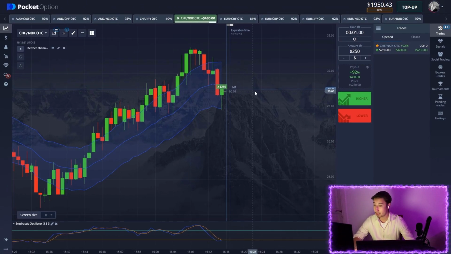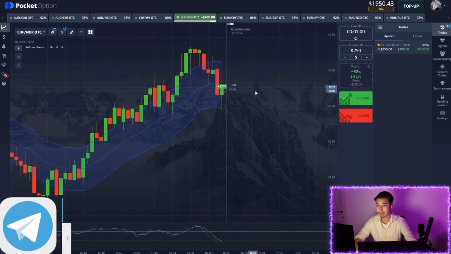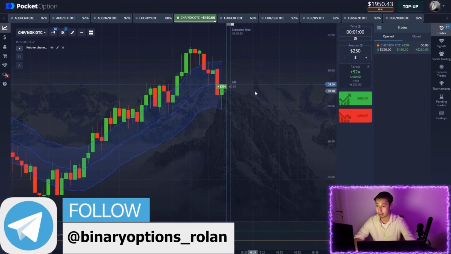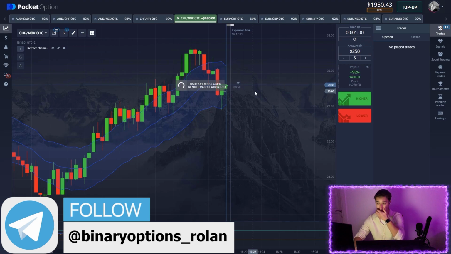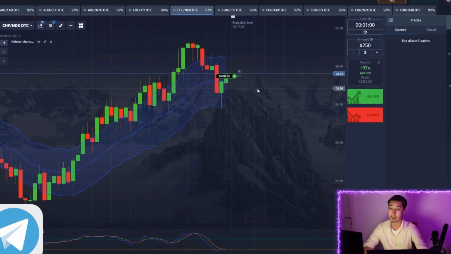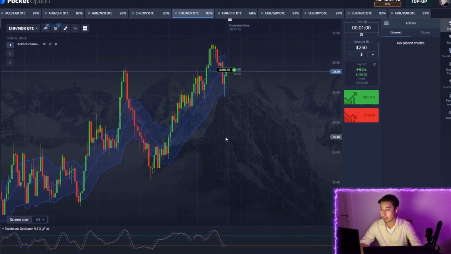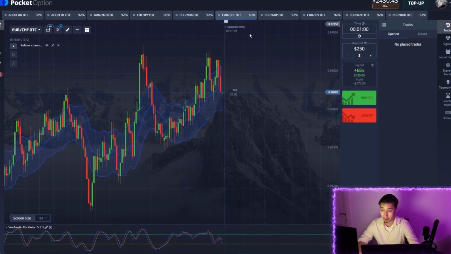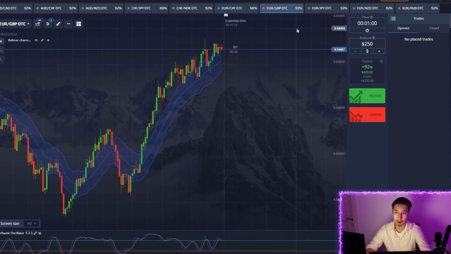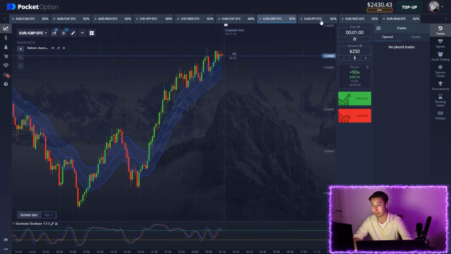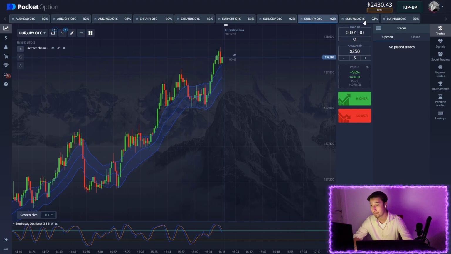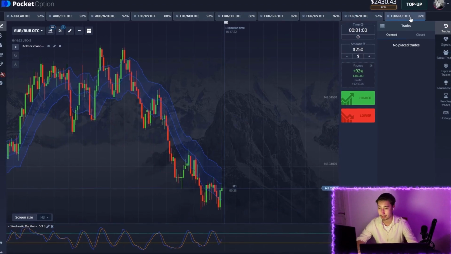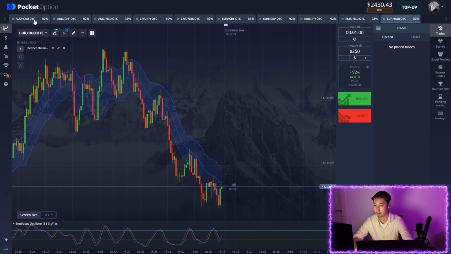So let's just wait. 5 seconds left, and I'm pretty fine. The support zone is playing out right now. Nice. We are in profits. Everything is so simple. You can see that by yourself. That's why it's my favorite strategy, and we are in profits by that. So right on the same currency pair, if I'm not mistaken. Now with a nice payout rate, of course. So let's just see. Let's find the next currency pair